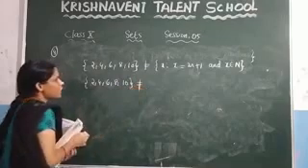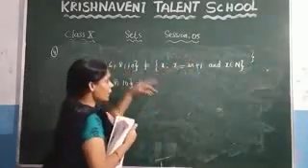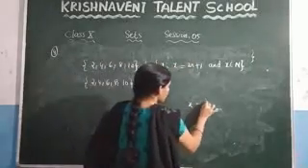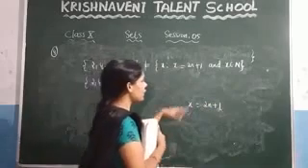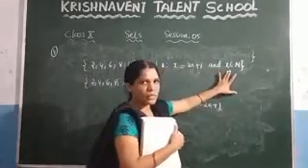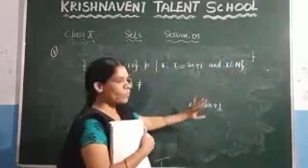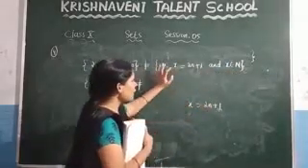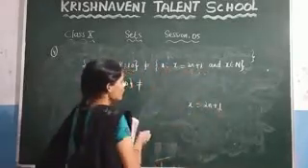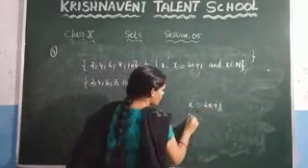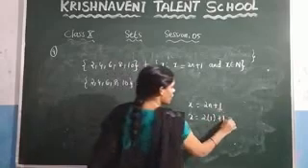Now you need to write the elements that are present in the second set. Here they have given x is equal to 2n plus 1, and they said that x belongs to N. That means x is a natural number. You know that natural numbers start from 1. So if you take the n value as 1, what do you get here? 2 into 1 plus 1.